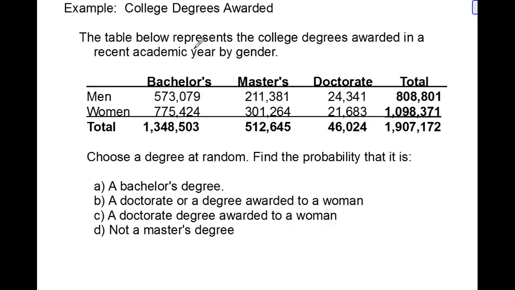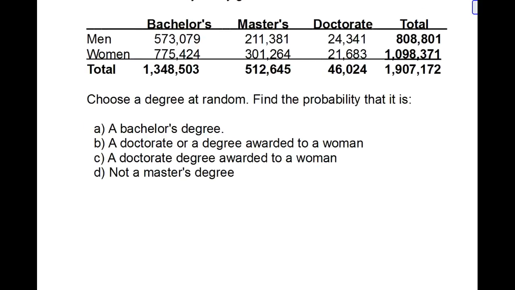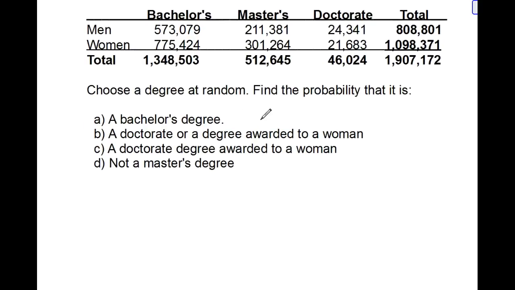Okay, so college degrees awarded. So this table below represents the college degrees awarded in a recent academic year by gender. So we have bachelor's, master's, and doctorate degrees, as well as whether they were men or women. And we have the totals for the rows and the columns already. So we choose a degree at random, and we find the probability first that it's a bachelor's degree. So first of all, we choose a bachelor's degree. So the probability that it's a bachelor's degree